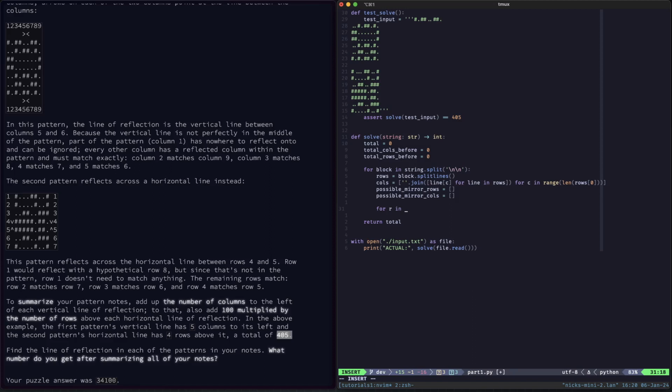Yeah, so for r in range 1 to the length of rows, from the first to the end,